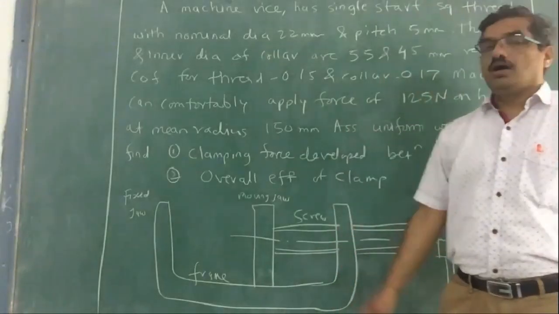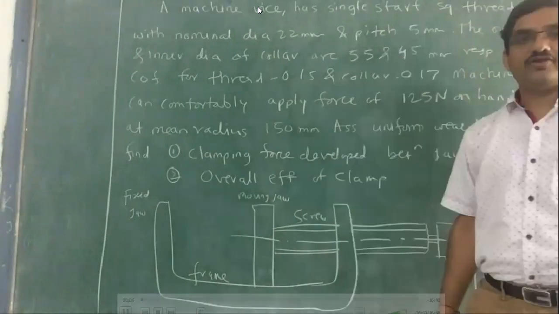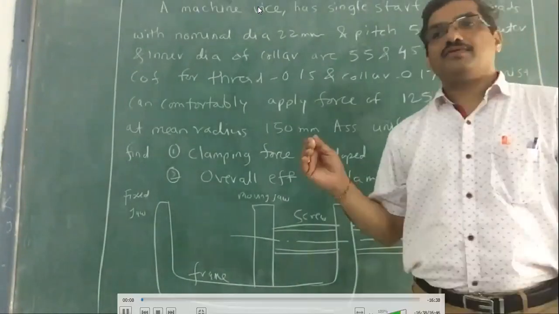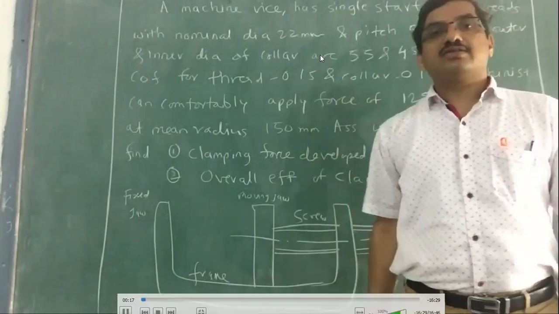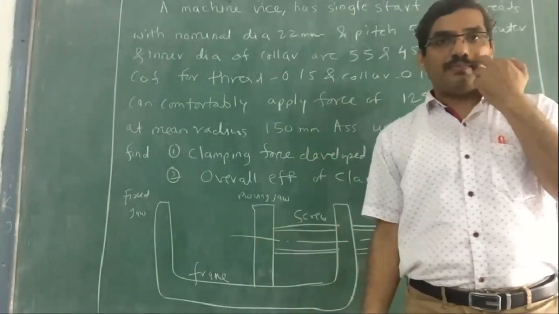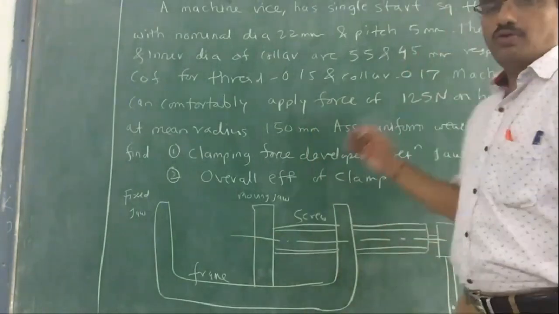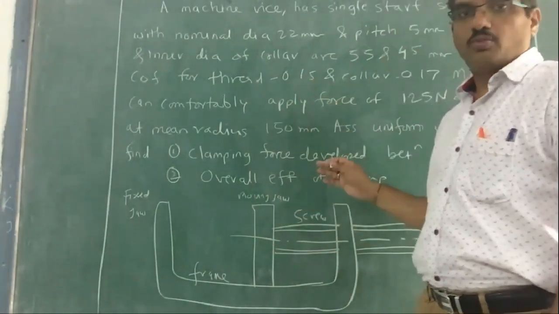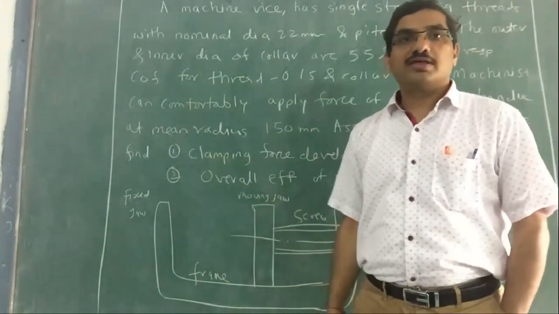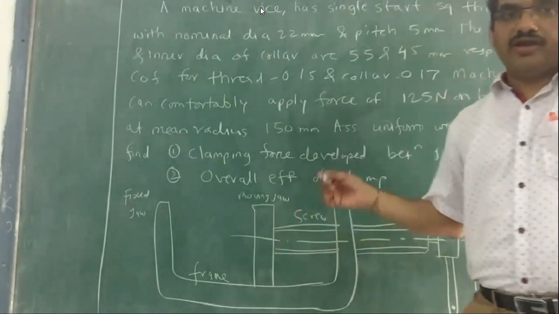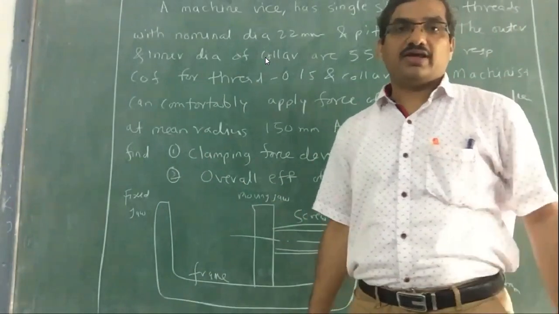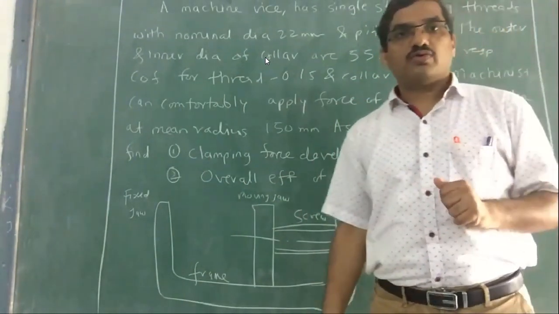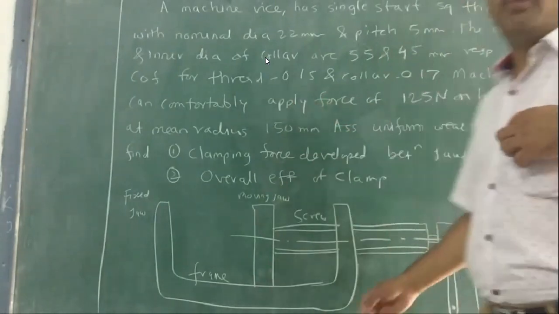Good morning, guys. Today we are going to go through a numerical on the design of a C clamp, or basically the design of a screw. In the next stage, we will go for detailed design of the threads of the screw, and also design of a screw jack. Today's lecture, we are going to see an example of a C clamp. While going through, we will write down the given information, and from that we will try to identify the approach, like which steps you are going to take to solve this problem. I will go through the numerical slowly one by one.